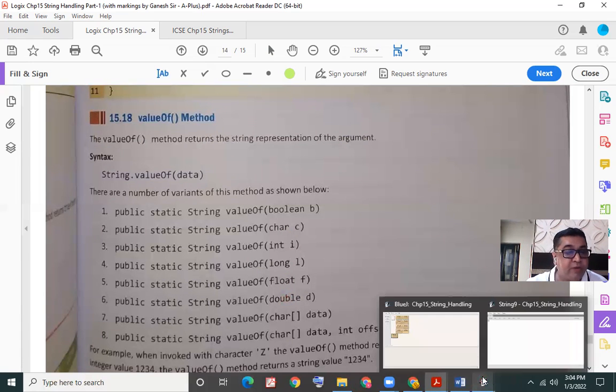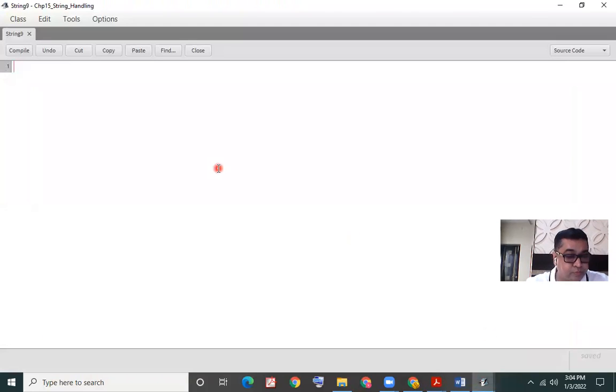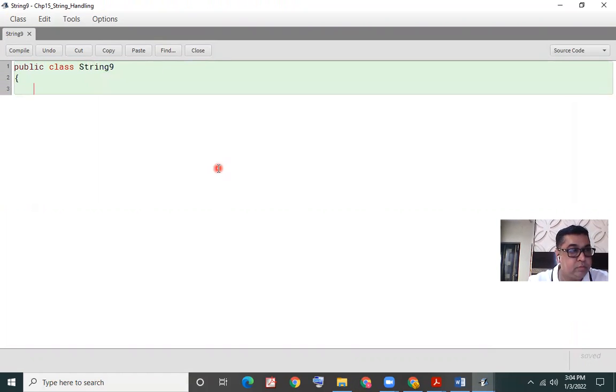The result will always be a string value. I repeat, the result that we are going to obtain from this method will always be a string value.